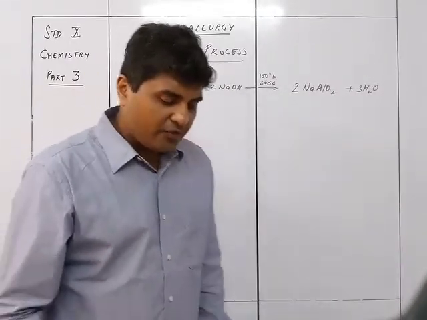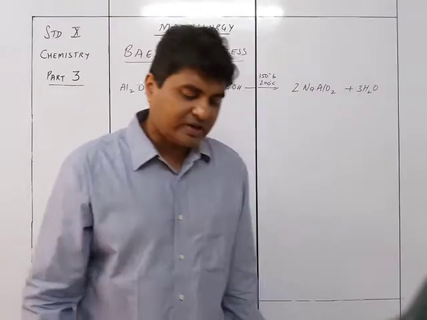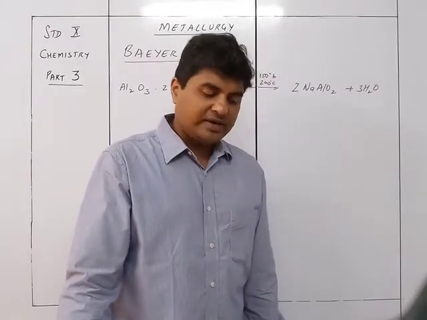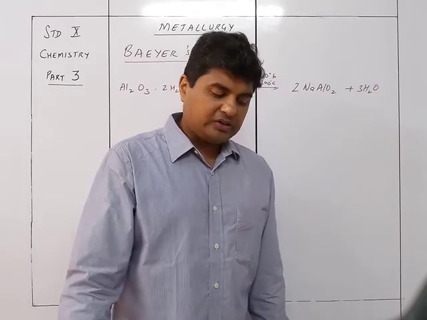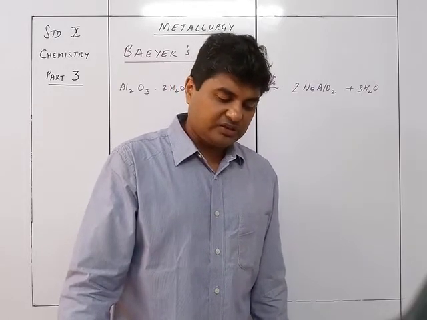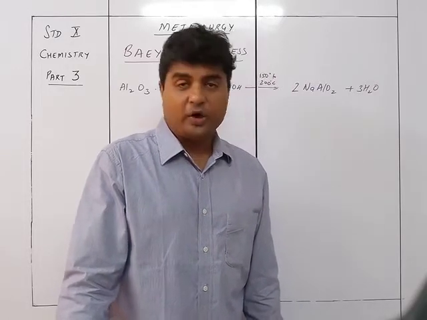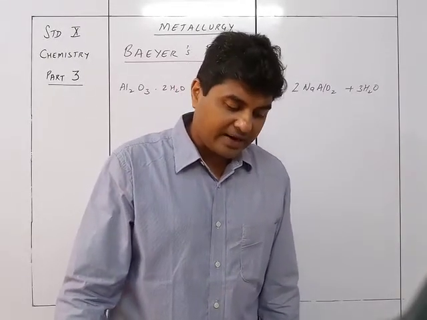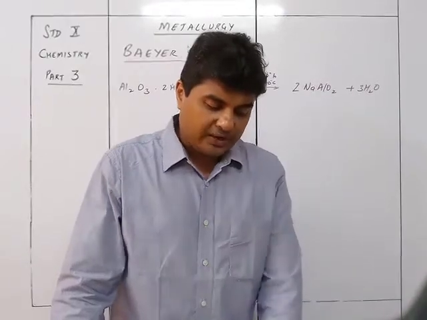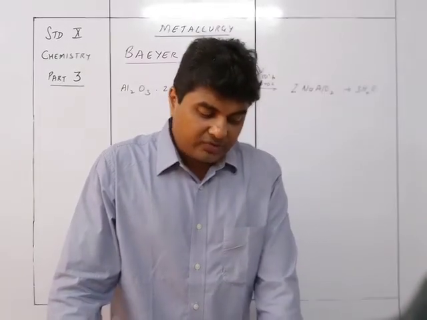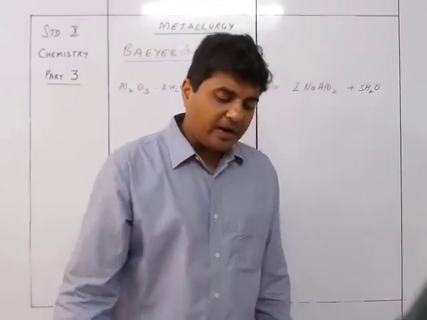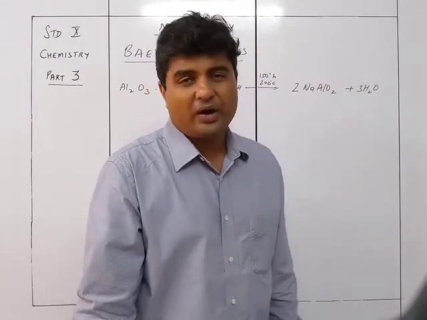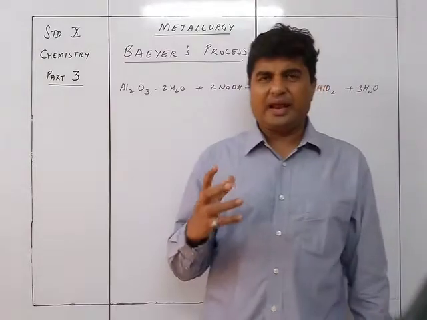So the function of sodium hydroxide, caustic alkali, is this: bauxite is reacted with a concentrated solution of NaOH under pressure for 2 hours as the first step in obtaining pure Al2O3. The impurities present in bauxite, mainly Fe2O3 and SiO2, remain unaffected by concentrated NaOH since they are not amphoteric. So this is the main idea.